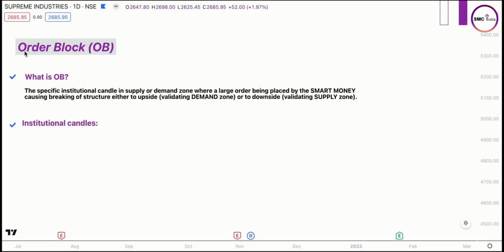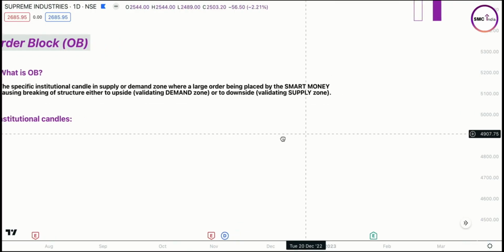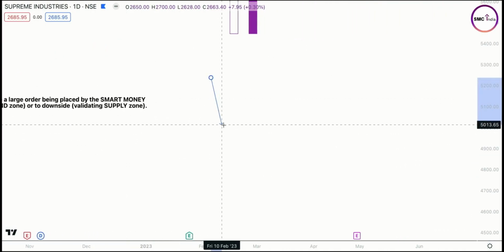In this video, I'm going to explain order block. So what is order block? The specific institutional candle in a supply or demand zone where a large order is being placed by the smart money, causing a break of structure either to the upside, which validates the demand zone, or to the downside, which validates the supply zone. Meaning, when you see a